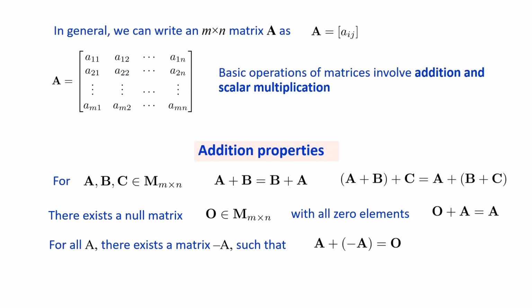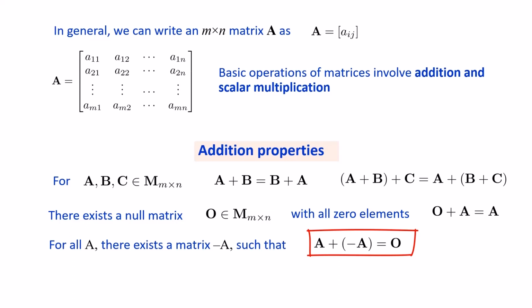Also, there exists an m by n null matrix such that if we add the null matrix with A, we get back the matrix A again. Extending this notion, we see matrix A has its additive inverse minus A, such that when A and minus A are added together, we get the null